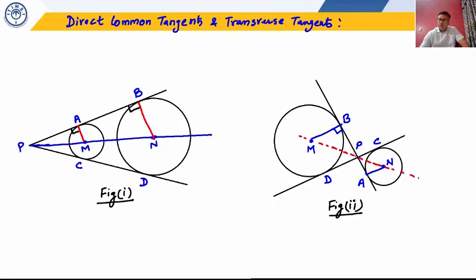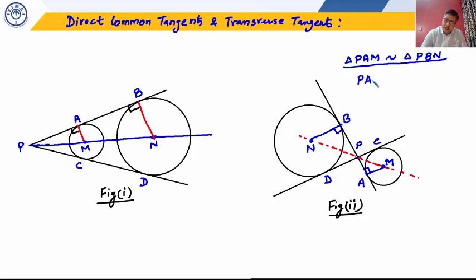Right. Just for the sake of simplicity, I'm just changing the names. Let's say this point is M, and this point is N. Just notice the triangles PAM and PBN in both the figures. Can I say triangle PAM is similar to triangle PBN in both the figures? Similarly, PAM, this is 90 degree, and PBN, this is 90 degree. In figures 1 and 2, PAM is similar to PBN. In figure 1, AB is the direct common tangent. In figure 2, AB is the transverse tangent. So can I say